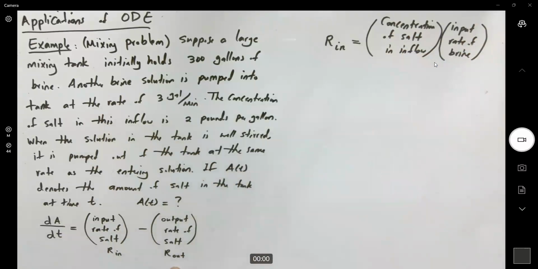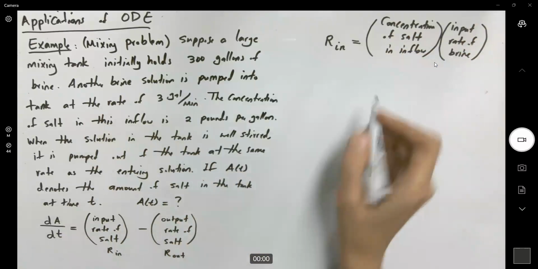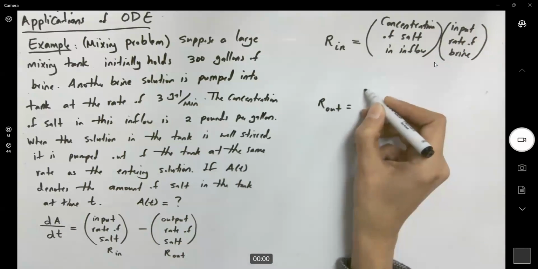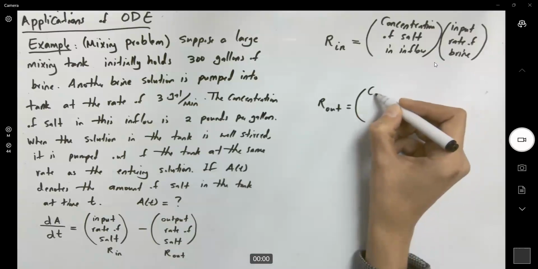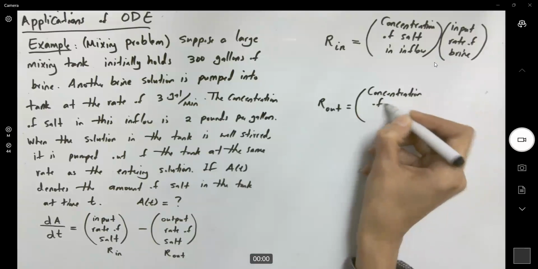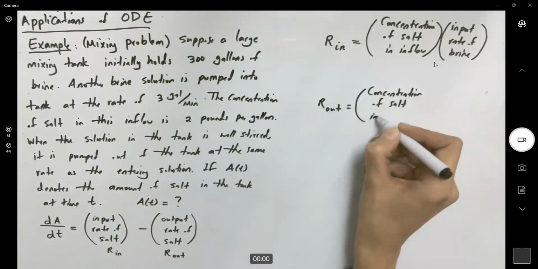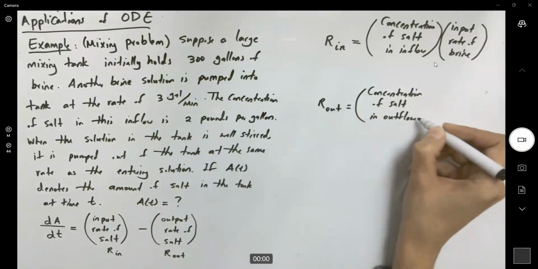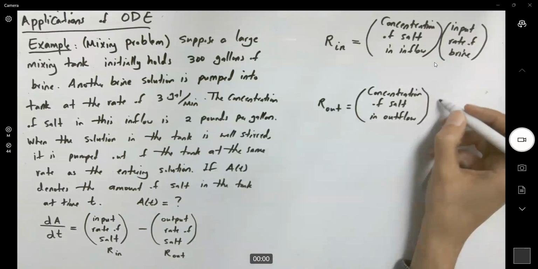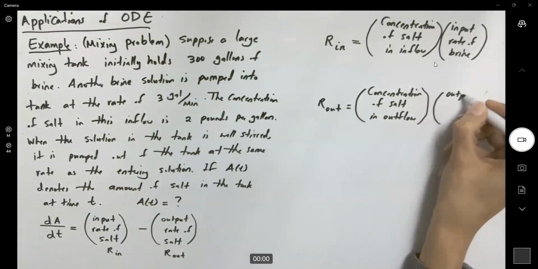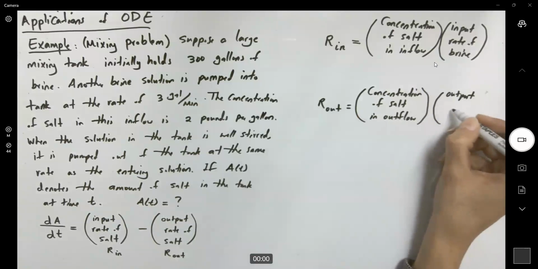And also the output rate of salt, R sub out, is the same logic: the concentration of salt in outflow, whatever is getting out of the tank, times its rate,